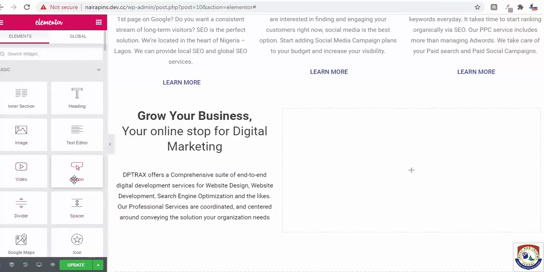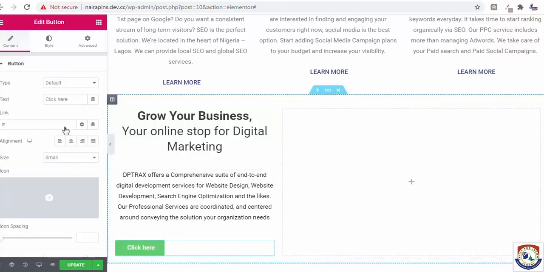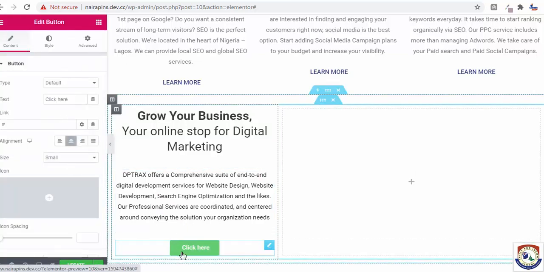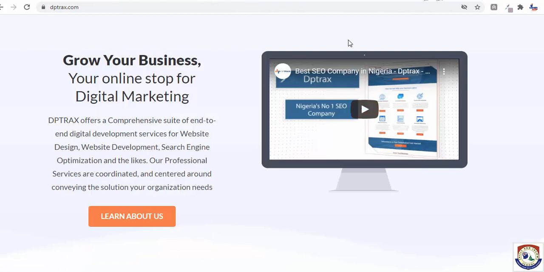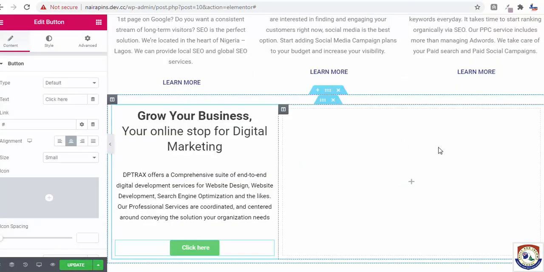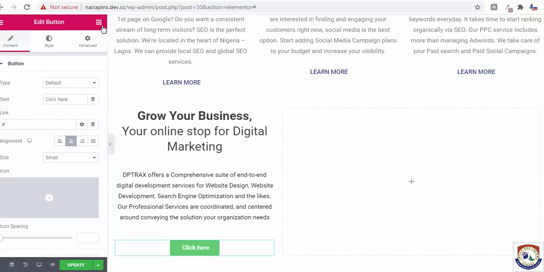Button, where is the button, yeah. So I'll just do this. Okay, that is it. So you can do this on your own. It's an assignment for you. Then this also, can you see this here? It's a video. Okay, so we are adding a video. So let's see how we can do that if Elementor has this feature. So here we are going to put in a video.